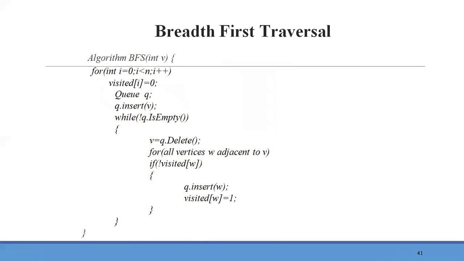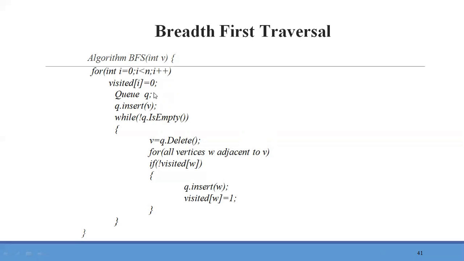Now let's have a look at the algorithm of breadth first traversal. So here again we need input, that is the starting node from the given graph. And here again the array will be of size equal to the total number of nodes present in the graph. So if n is the total number of nodes, then array size will be from 0 to less than n, because array indexing starts from 0 and initially all the entries of that array will be initialized with value 0.